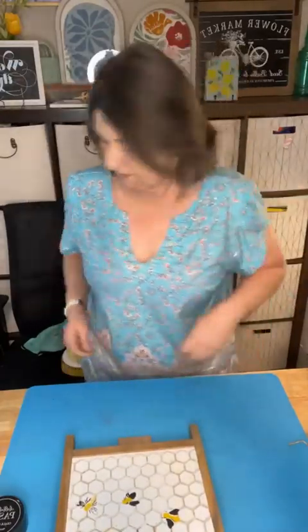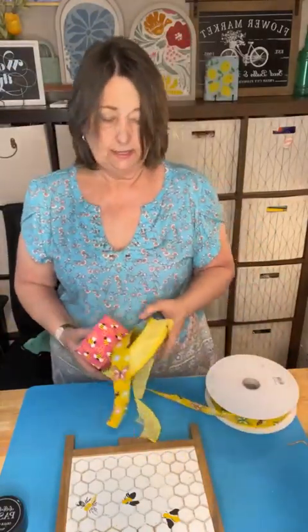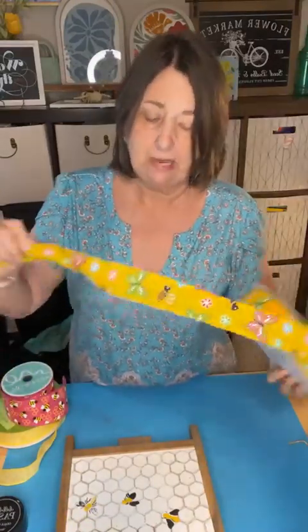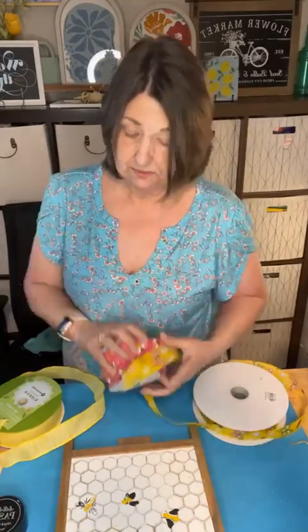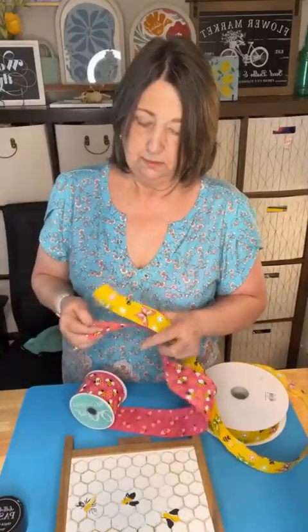So I've got a couple different bee fabrics. I've got this yellow checked. I've also got this bright pink bee and a yellow bee with butterflies and flowers. So the yellow and yellow won't match. So yellow and pink, nope. I think I'm gonna do these two. And I'm just gonna make a small little bow. So I'm just gonna layer these